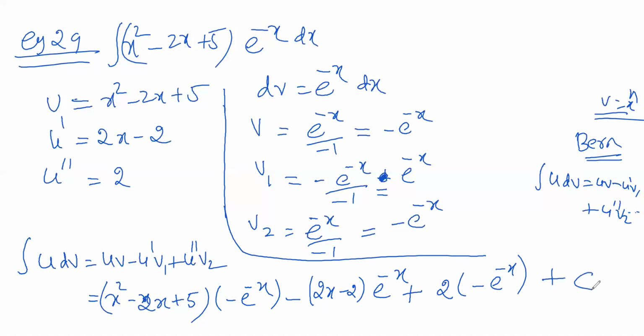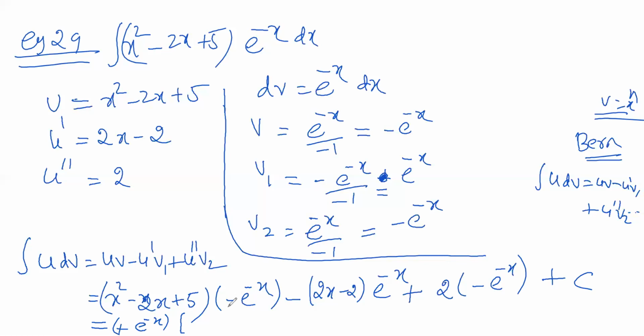Now simplification is required. For the simplification, see which is common for all the three terms. Minus e power minus x is common, isn't it, ma? So taking minus e power minus x outside, correct? In all the terms minus e power minus x is common. Or otherwise, simply you take e power minus x alone outside, right? We'll go for simplification then, right? So taking e power minus x alone outside.